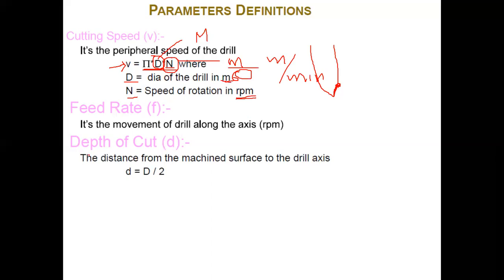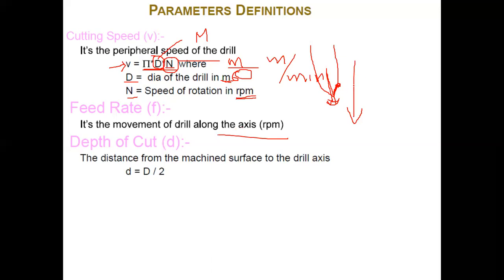And similarly feed rate. Feed rate is nothing but the movement of the drill bit. In this direction, the rate at which your drill bit is advancing into the workpiece is considered as feed, because finally this is what determines the depth of your material. So this is considered the feed of the drill bit. This is the second parameter. Normally we calculate feed in revolutions per minute, as well as per unit time.